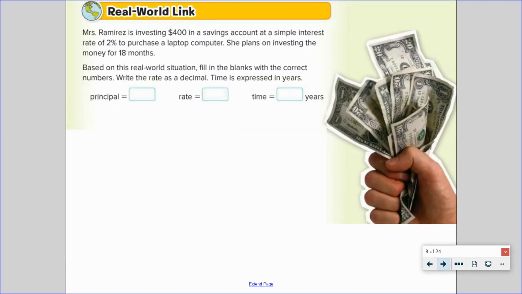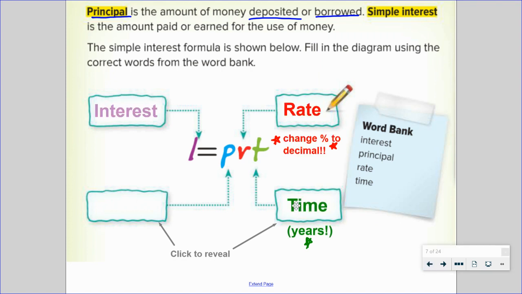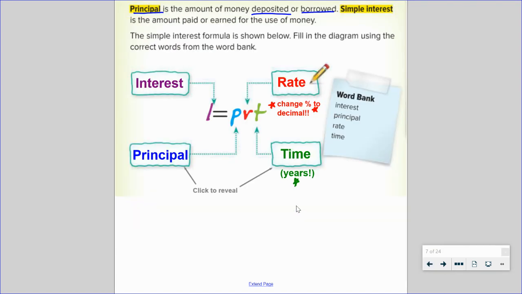Quick example here. I'm not actually going to ask you to calculate the interest. You know what? I'm going to pause. I'm going to go back and try to connect what we've been learning in the past few days. Some of you have been saying, Mr. Cowan, we're working on proportions. Why is this mixed in? I don't see a proportion. Well, might I suggest